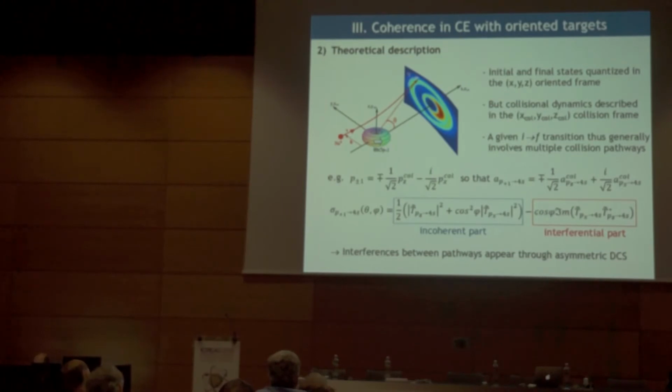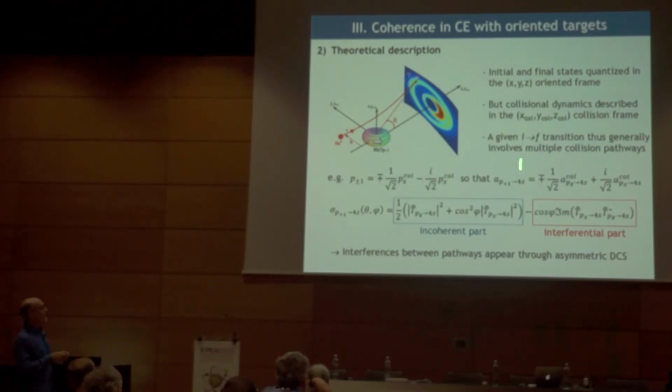And to understand that, we have to realize that the initial and final states are quantized in the X, Y, Z oriented frame, which coincides with the laboratory frame. But as soon as the projectile arrives, the subsequent collisional dynamics are described in the collisional frame with the z-axis in this direction, so that the laboratory and collisional frames do not coincide. So for a given I to F transition with I and F quantized in the laboratory frame,